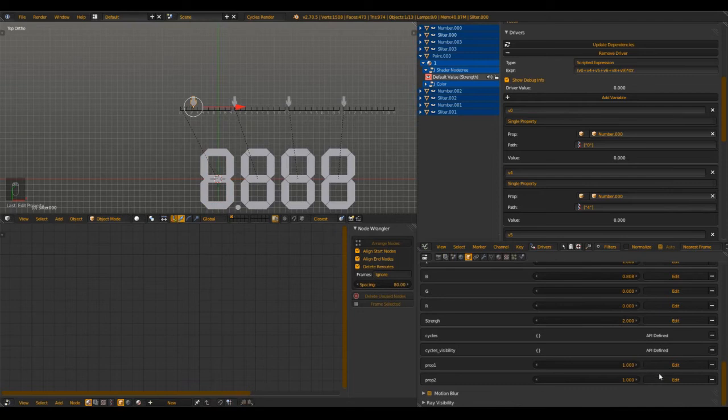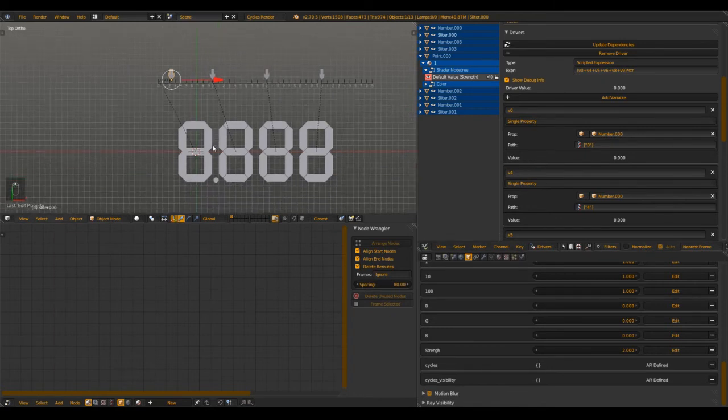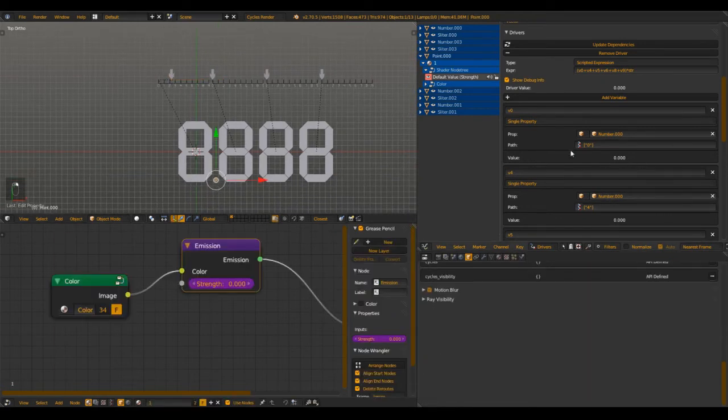The first is 1, the second is 10, and the third one is 100. So now we have that variable defined,